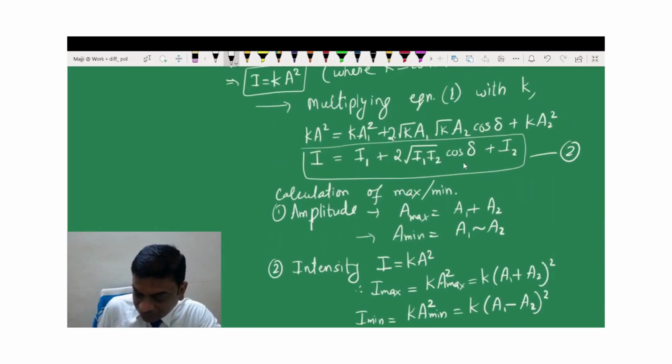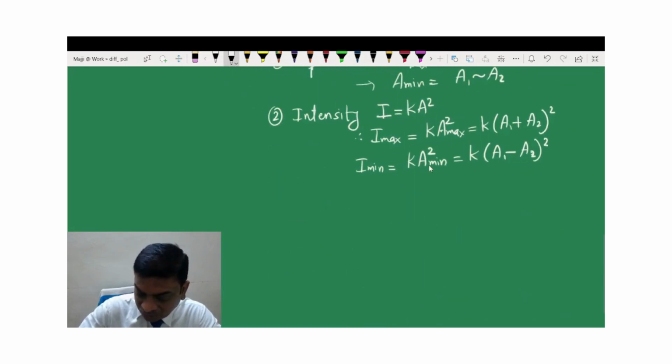So here itself, as you can see, depending on the value of cos delta, I will be maximum or minimum. If cos delta is maximum, I will be maximum. If cos delta is minimum, I will be minimum. So from equation 2,